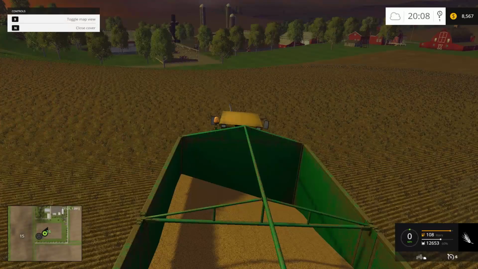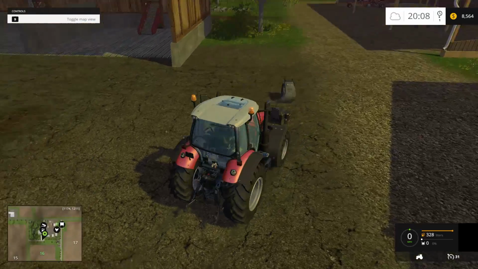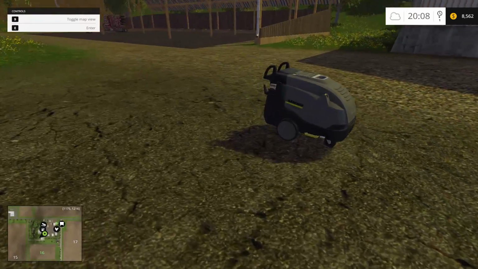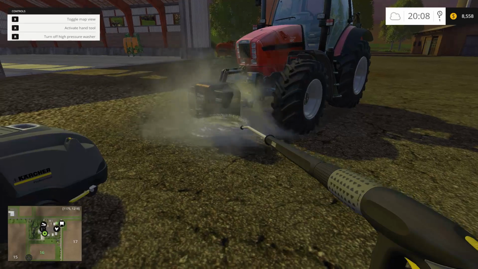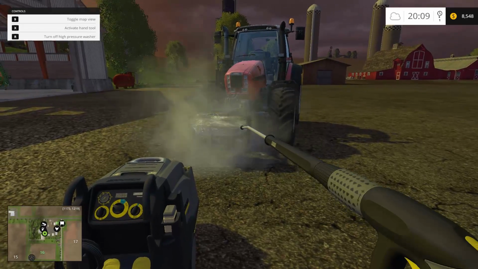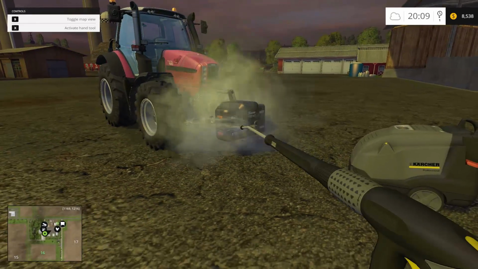Let's head back to the red tractor and see if we can't get that stupid battery clean. Maybe if I put it on the front of the truck. I don't know, just messing around with this stuff. Let's try that. It doesn't look like I did anything. Dang, this thing is just...